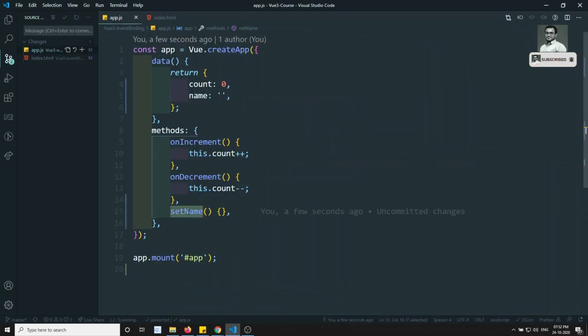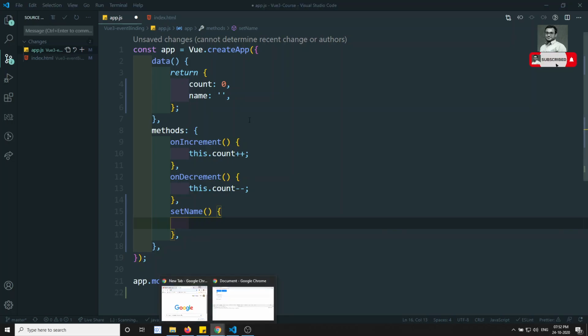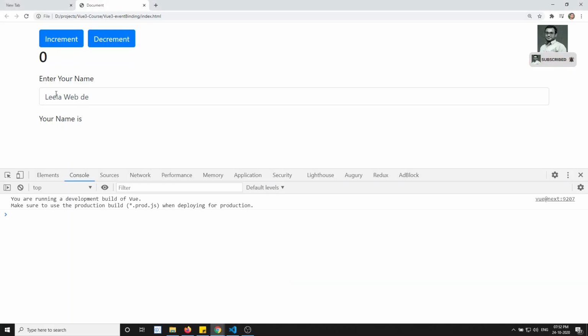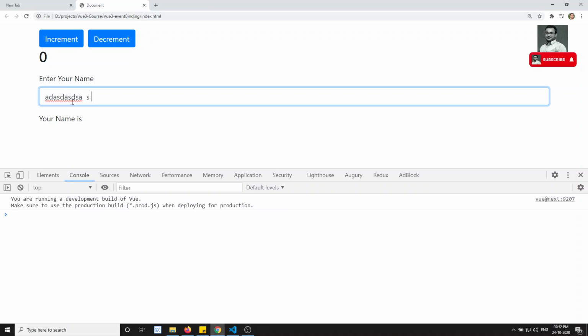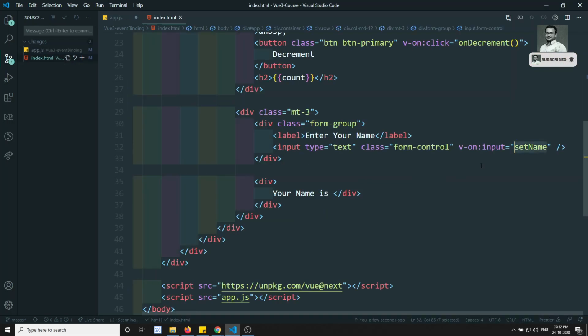Now I can go to setName, and here somehow I need to get the input data. Whatever has been written in this input box, we need to capture it. How can we capture this data? Vue.js is smart enough that when we do all these event bindings and event handling, Vue.js automatically sends one argument to us.